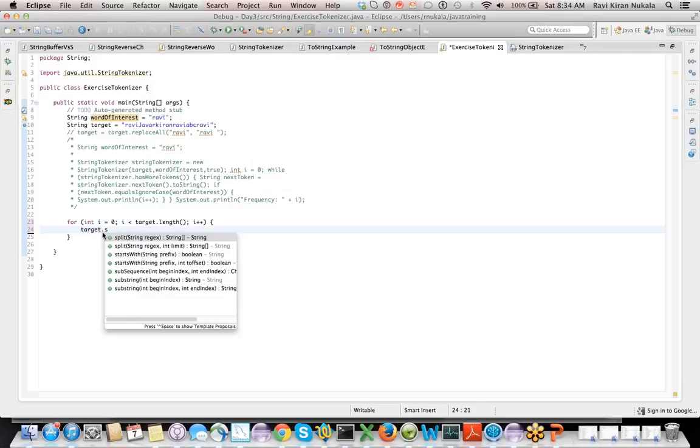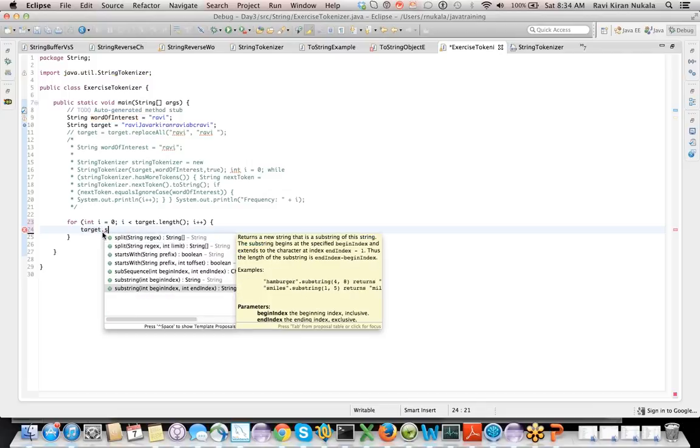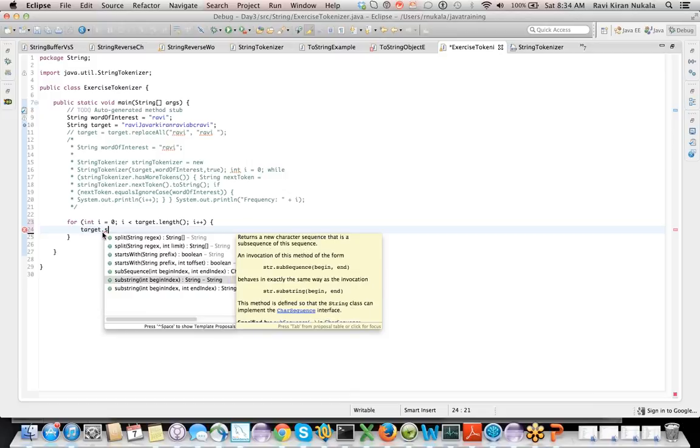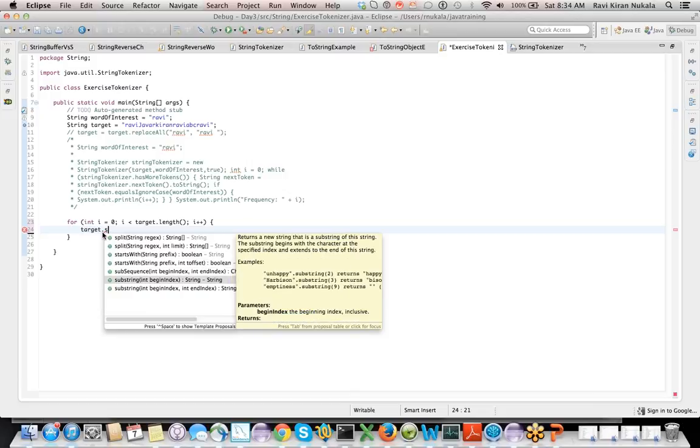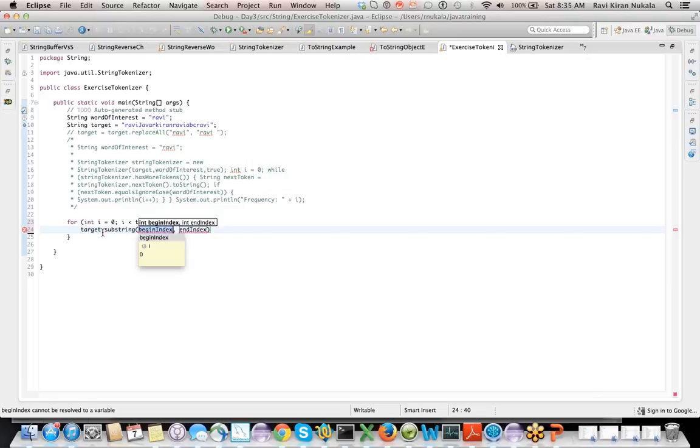Target dot substring of i comma word of interest dot length.